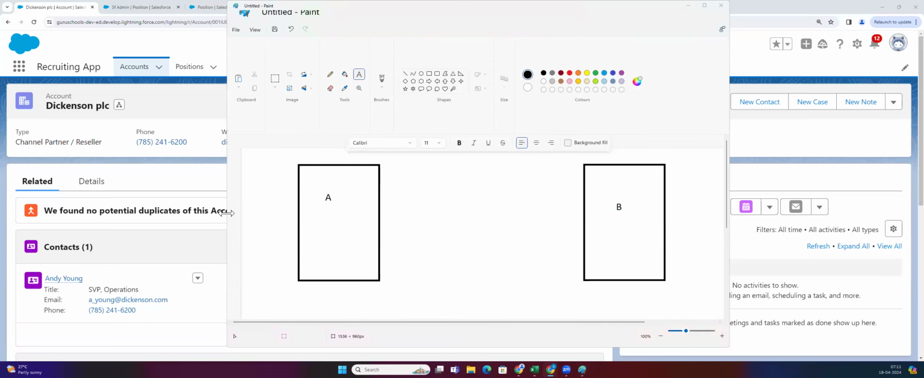So let's say I'm creating a lookup relationship between object A and object B, and I decide that object A will be the parent record and object B will be the child object. So whenever I create a relationship, A will be parent and B will be child object. And it will have a one to many relationship,